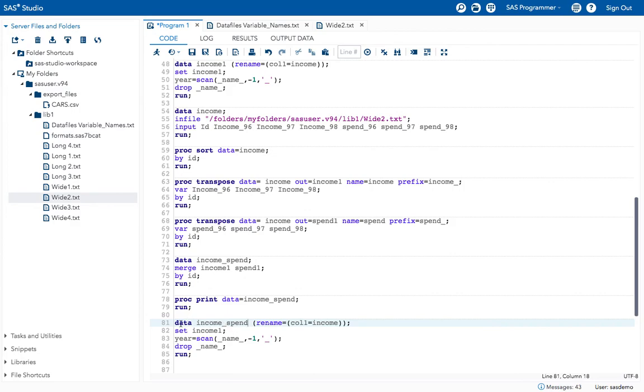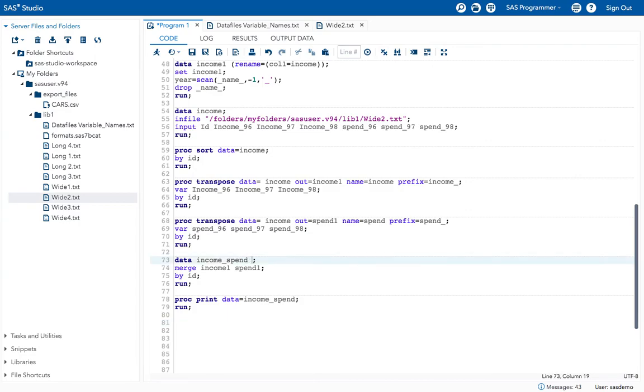Instead of writing it in another data step, you can do it here also in the merge data step itself. Here itself after the by statement I will give year. I'm going to create a new variable year.